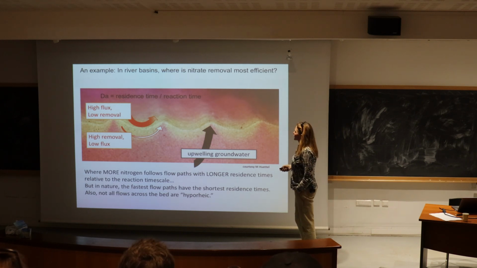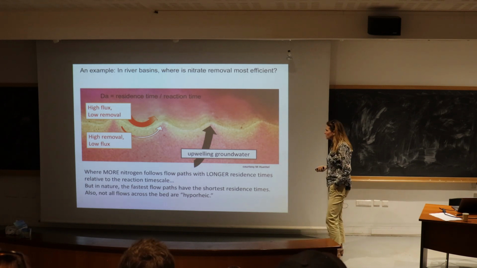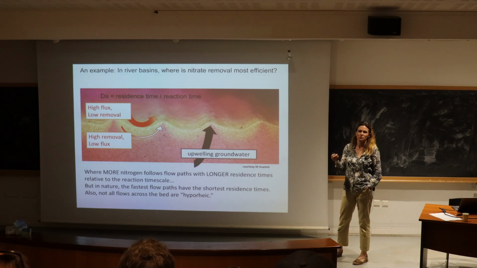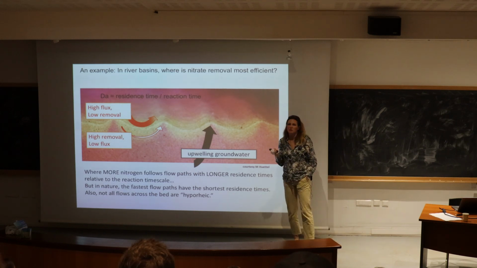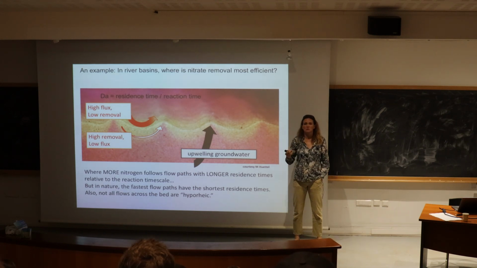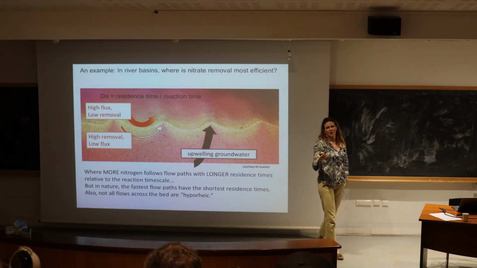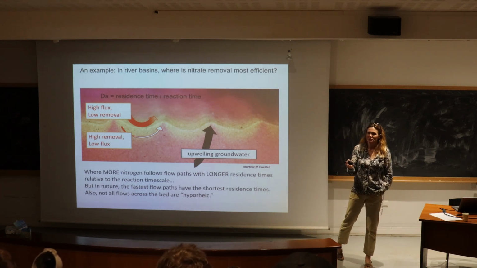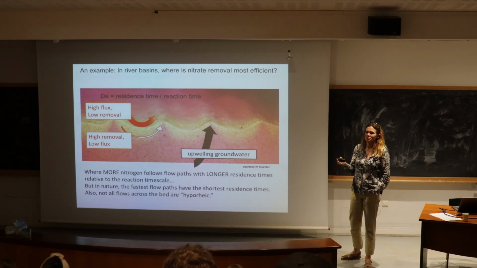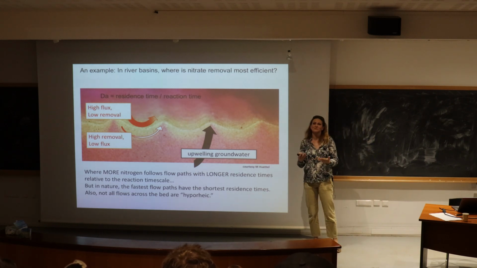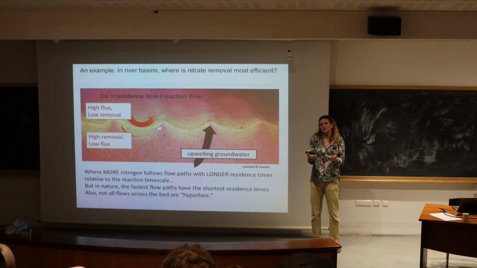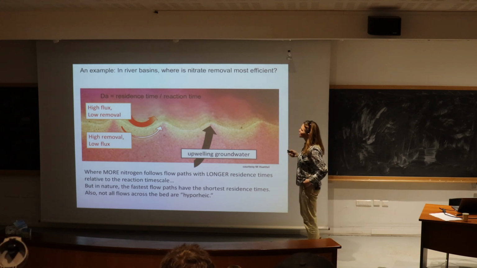And so what does that take? Where do we expect more nitrate removal due to denitrification, which, by the way, for those of you who don't think about nitrogen cycling too often, happens where you have less oxygen and more dissolved organic carbon? And so for that reason, if you can get the nitrate down into bed sediments where there's less oxygen, and if the organic matter in your sediment is a source of dissolved organic carbon, then you've got a nice little reactor there.